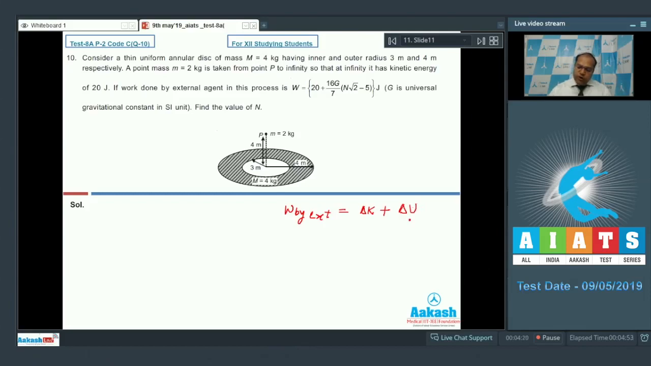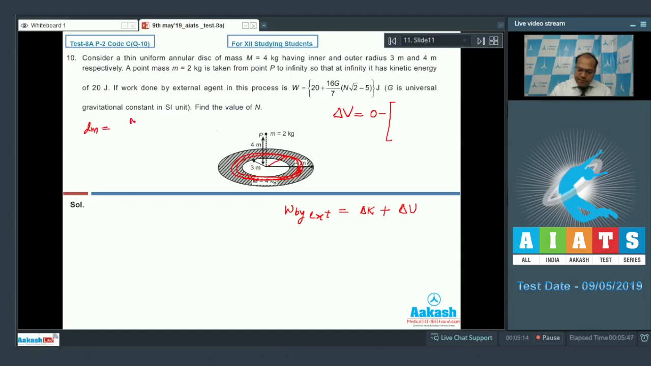So in order to find the potential energy, we have to find out what is the change in gravitational potential. So that is equal to final gravitational potential, which is 0, minus the gravitational potential at the initial state. So gravitational potential at the initial state can be written in this way. Suppose I consider a ring at a distance x and another ring at a distance x plus dx from the center, then the mass of this considered element dm can be written as